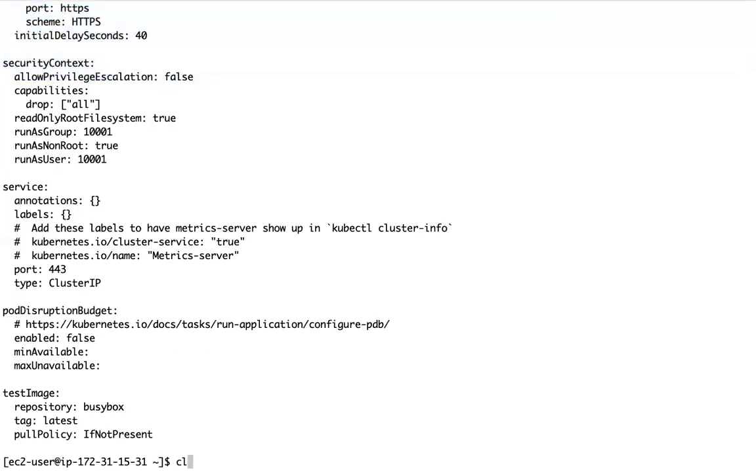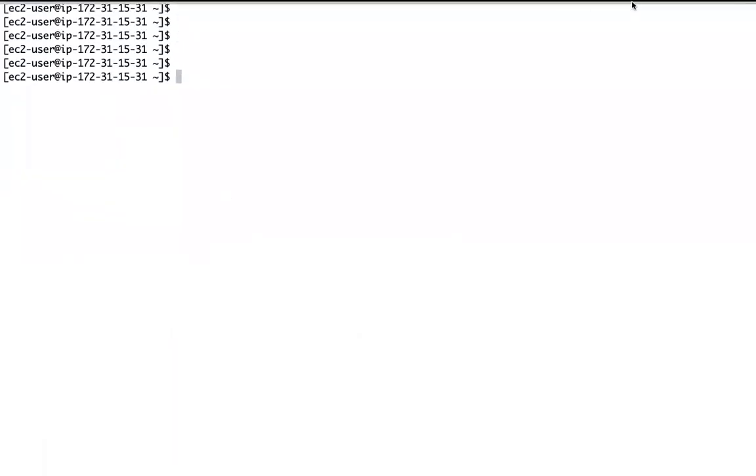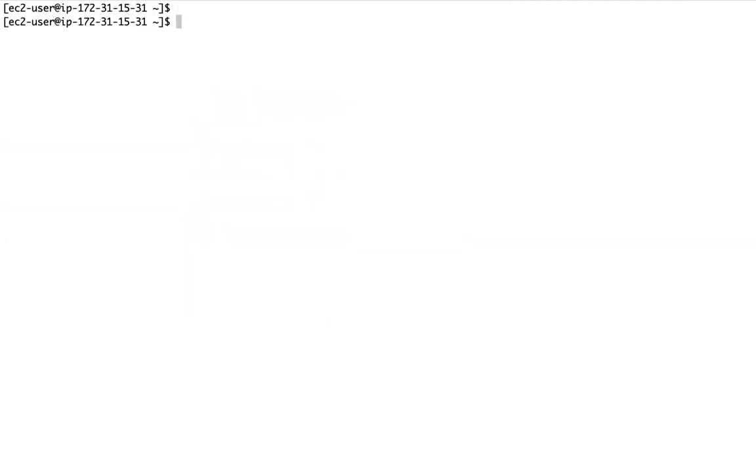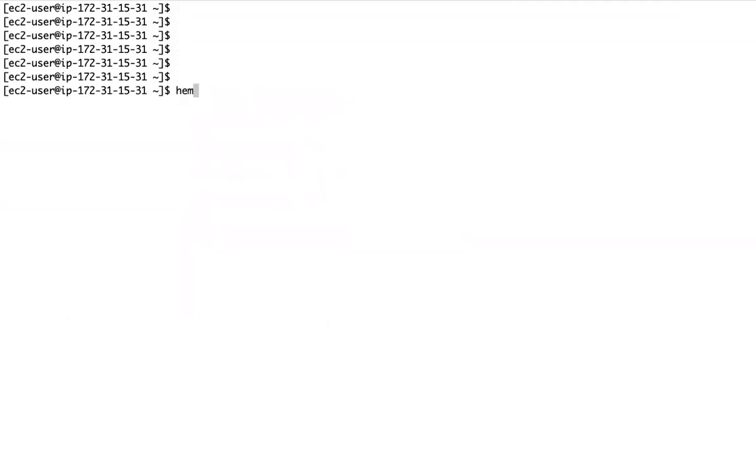Now what can I do? I can do something like this. I can install something like this. Helm install the chart name. I can use something like this. I can install, the chart name I need to get.